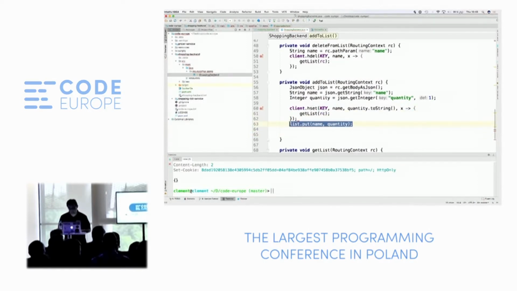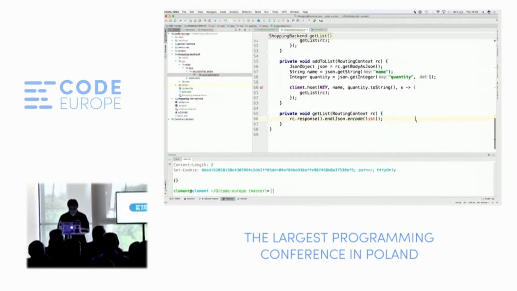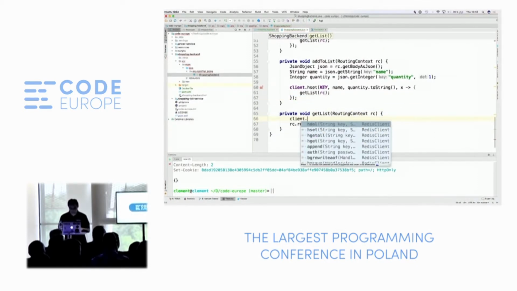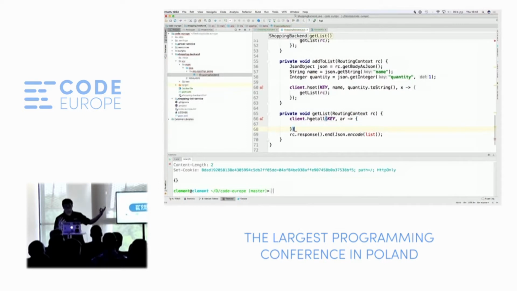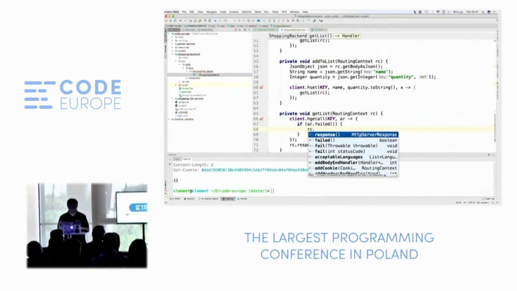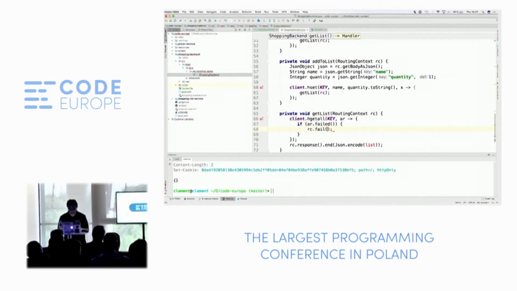Okay, and here it's a bit more tricky actually. I will do get all. So it will get my shopping list actually from that is stored at my key shopping, and I will do, if it's failed, I will just fail my request, which would generate a 500 error. It's not really great, but